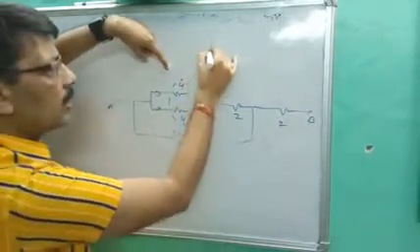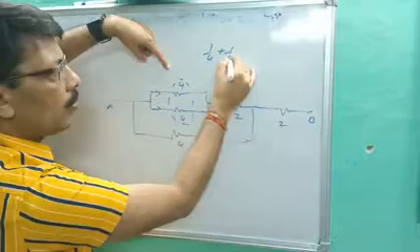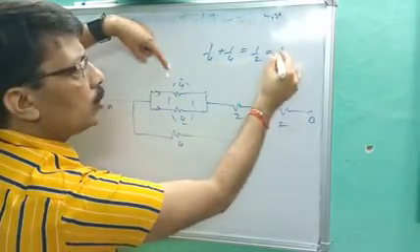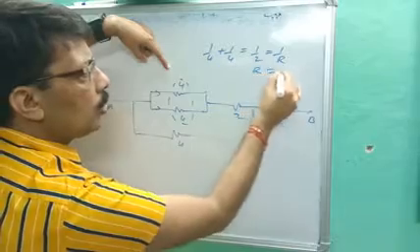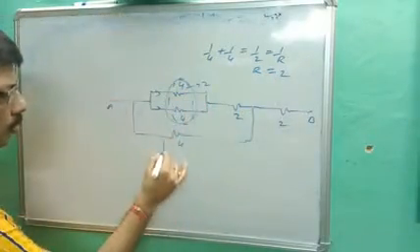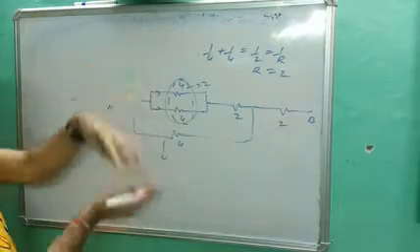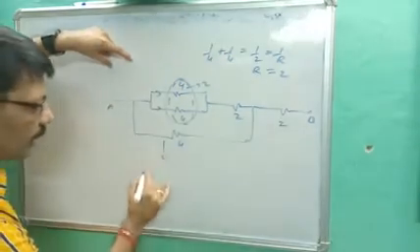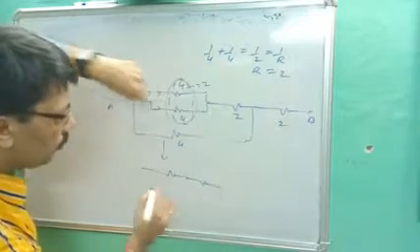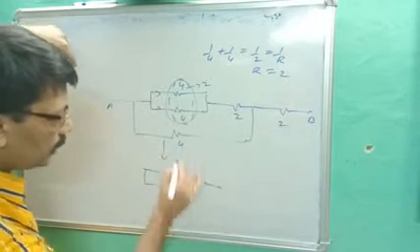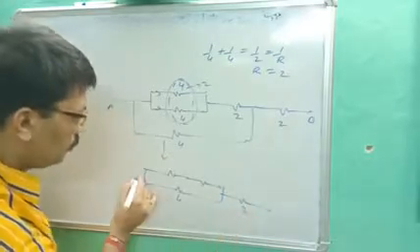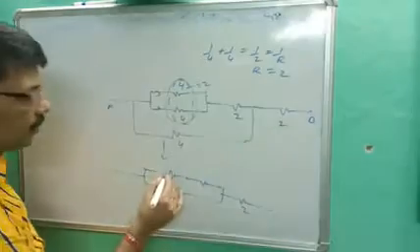So in parallel combination, it becomes 1 by 4 plus 1 by 4. It becomes 1 by 2, and 1 by 2 is equal to 1 by R. So R is equal to 2 ohm. That calculation becomes 2 ohm. Now you compress the diagram, you will get another diagram for you. This becomes 2 ohm. That is given 2. That is given 4, and again here given 2. You will make many diagrams, then it will become very easy.